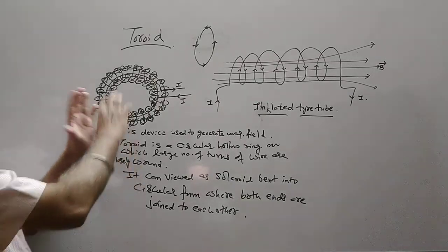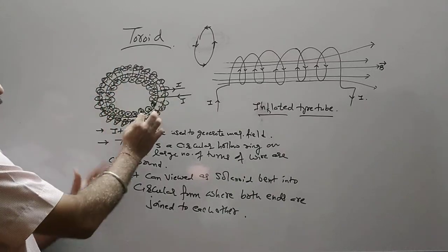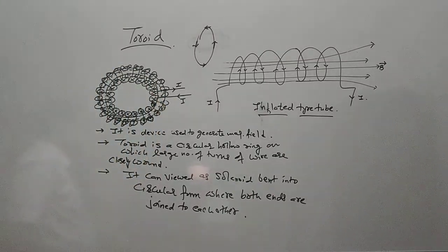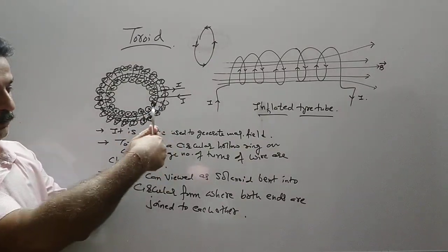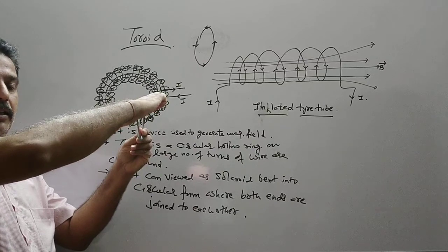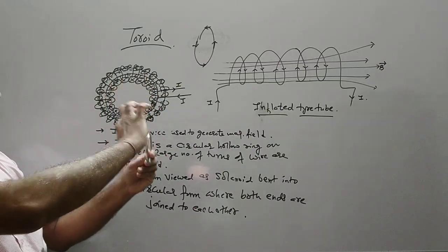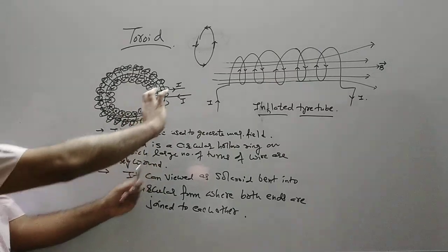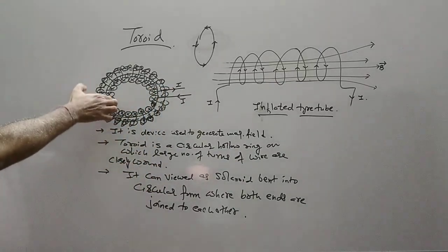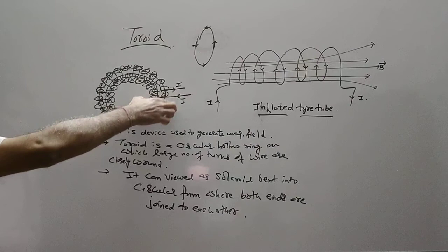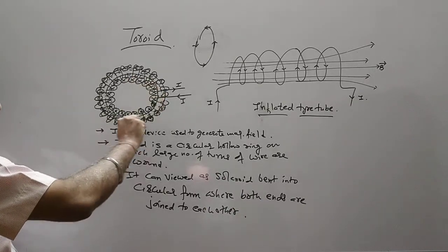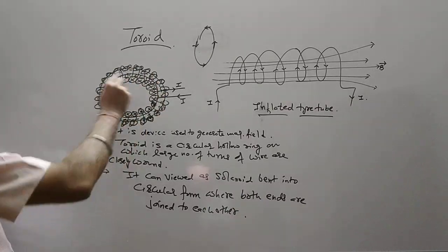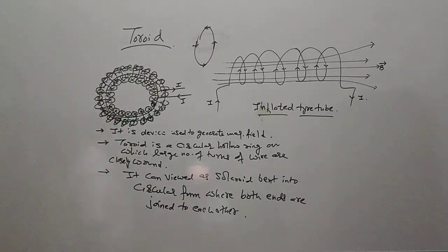Now we will not be drawing the entire toroid, we will show the dot and the cross, and we understand that the dot will indicate current coming out, and the cross, going in. So remember this, then there is another ring near to it, then another ring, then all these rings are forming a circular shape, and therefore we will get the magnetic field inside the circular shape, and we will find out its direction as well as intensity.